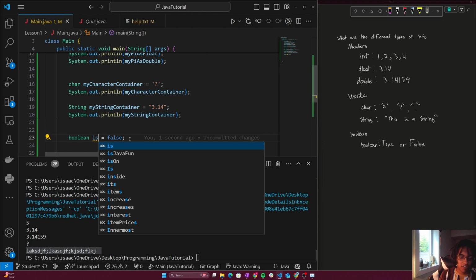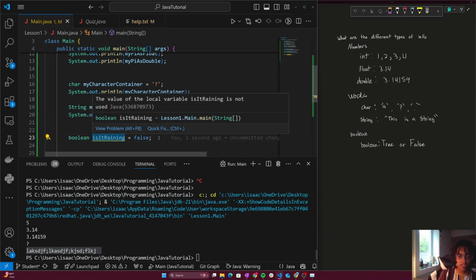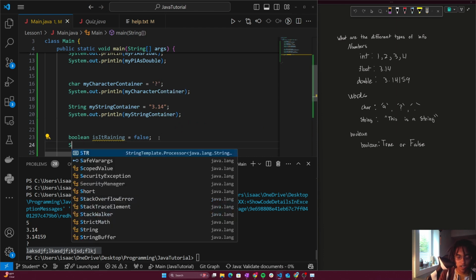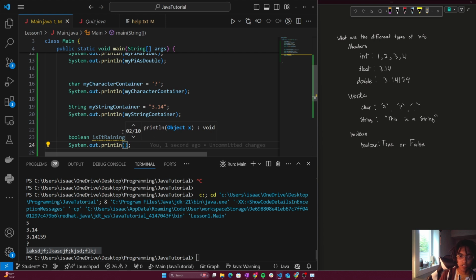I had created a variable labeled is it raining, and so instead of having some abstract value, by naming it something very logical and printing out the value here, I can easily keep track of the information that's being stored in there, and I can very easily do logic with those booleans, and it'll eventually come in very handy when we get to things like